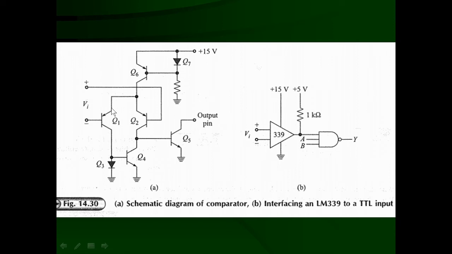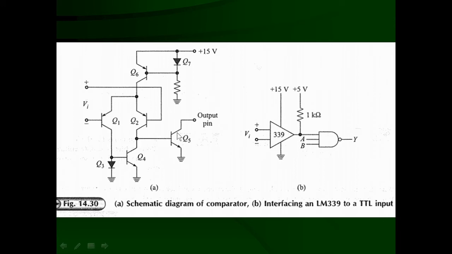that means there is a current flowing in this direction from the emitter of Q1 to the collector of Q1, and it is passing through this diode Q3 because Q3 becomes forward bias. This will also provide the base current to the transistor Q4. So the base potential is 0.7 volt higher than this. So this transistor Q4 will go into saturation, and this is working as a closed switch. When this is working as a closed switch, the ground potential will appear at this collector.